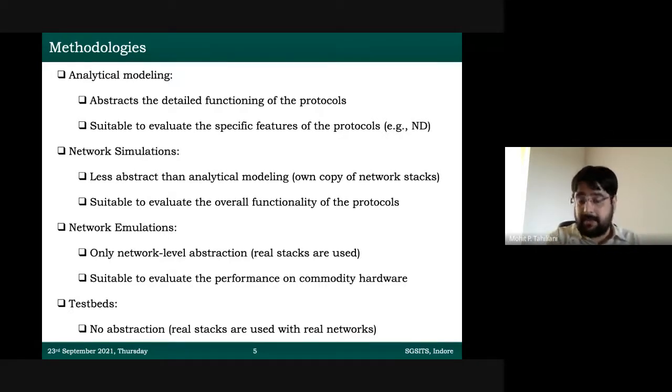Not just for IoT. Let me tell you one more thing. There are testbeds available for even 4G and 5G. There are testbeds available for Wi-Fi. You can just search Orbit testbed in US. 400 access points in a 20x20 grid are available for you to use. And you just go there.